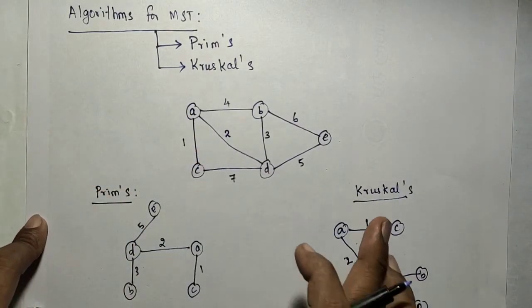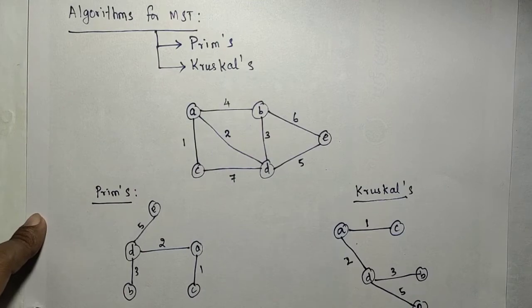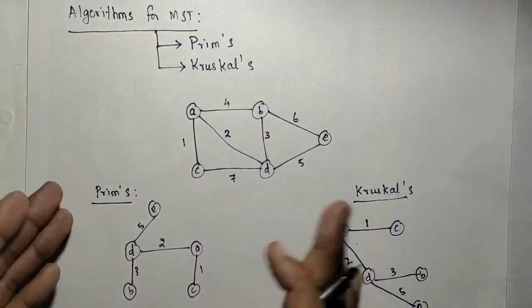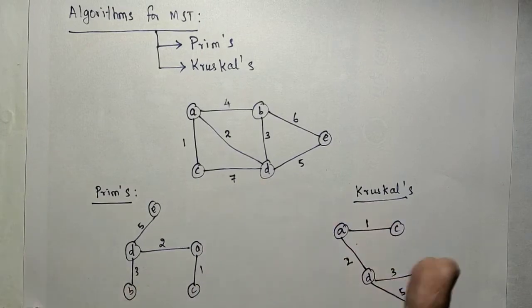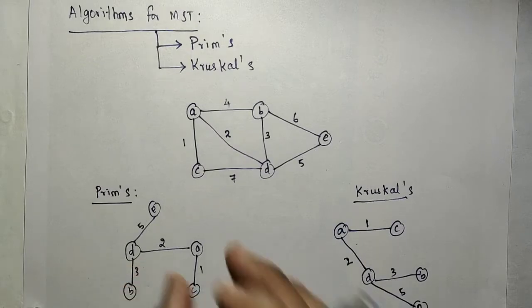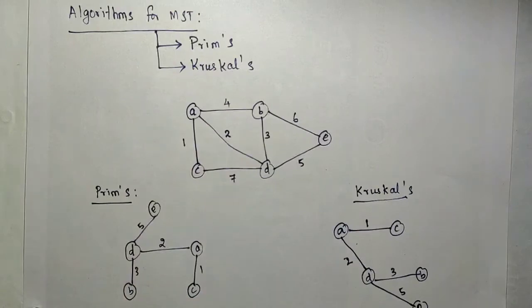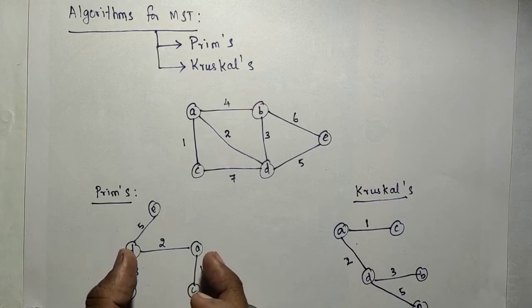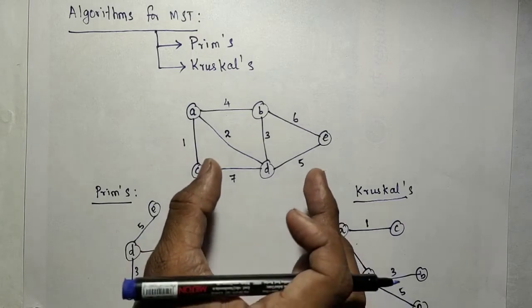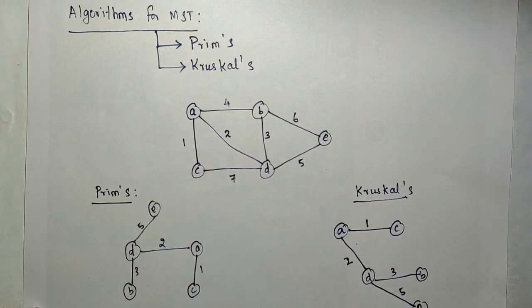If the graph is given and you are asked to just write the minimum spanning tree, you can directly write the spanning tree using either Prim's or Kruskal. But if they ask you to apply a particular algorithm, Prim's algorithm, you have to trace that algorithm and generate the spanning tree. That we are going to discuss now: how to write Prim's algorithm, how to trace that algorithm. This was the brief explanation for generating the spanning tree using Prim's.